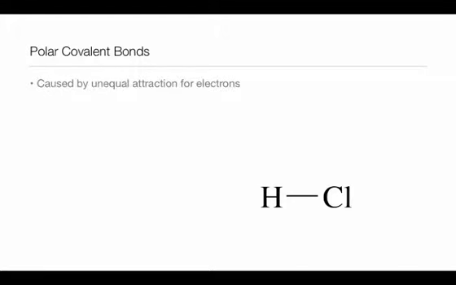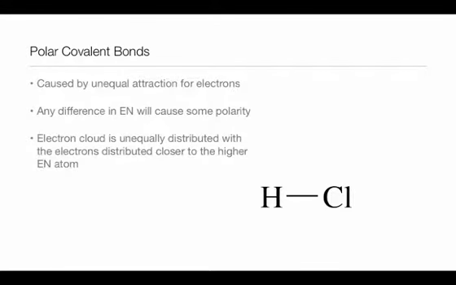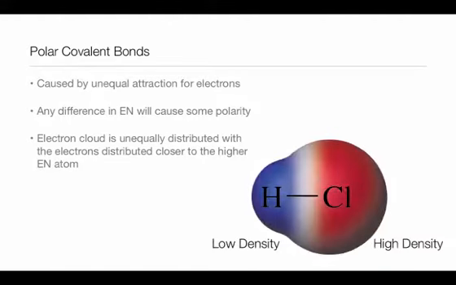Polar covalent bonds are going to be caused by an unequal attraction for the electrons. That means that one of the atoms is going to have a higher electronegativity than the other atom. So any difference in electronegativity is going to cause some polarity to occur within the bond. What that means then is that our electron cloud is going to be unequally distributed, where we're going to have a lower density of electrons around the atom that has lower electronegativity